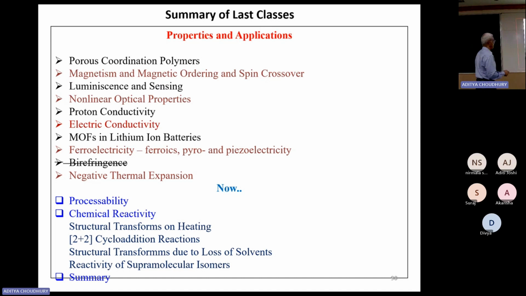Of course, I thought I included birefringence. If I removed it for some reason, I can put it back and talk about it later, which I plan to do. Anyway, and then negative thermal expansion. And then before we talk about processability and chemical reactivity,